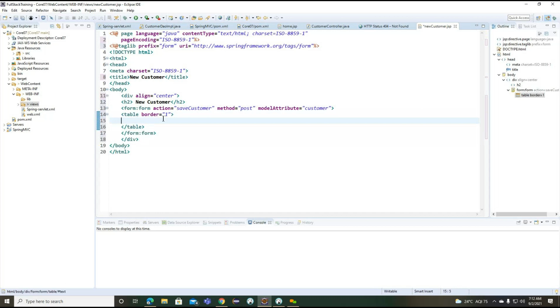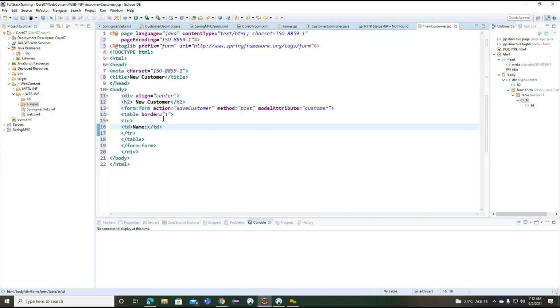Inside this particular table, now again we need to go for the TR and TDs here. So for each property, we are going to work with a new TR and TD. Inside this particular TD, what I want to write here is name of the customer.